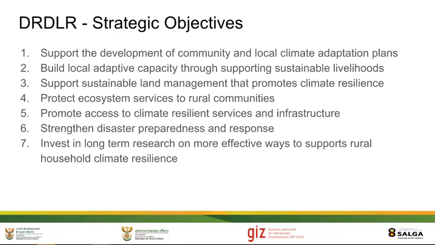The Department of Rural Development and Land Reform has also developed a climate change adaptation strategy for rural human settlements. The overarching goal of the strategy is to create sustainable livelihoods that are resilient to the shocks and stresses caused by climate change, as well as to not negatively affect the environment for present and future generations. To achieve this, the adaptation strategy has been structured around 7 strategic objectives, which are supporting the development of